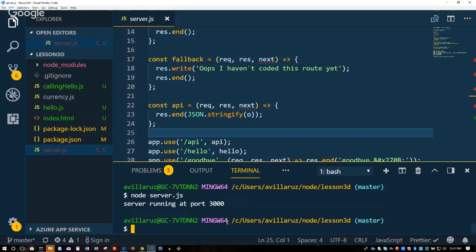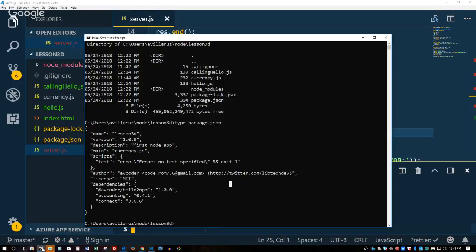Every time you say Control S to save, it'll detect that change and it'll automatically restart your server. So you never have to Control C ever again. Cool? Let's do that. So open up a command prompt and type in npm install -g nodemon. Now I already installed it, so I'm not going to run it. But that is what you type to install nodemon.